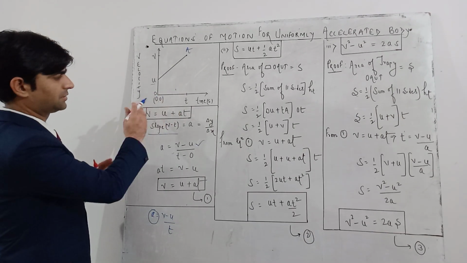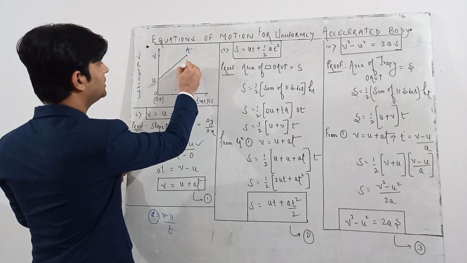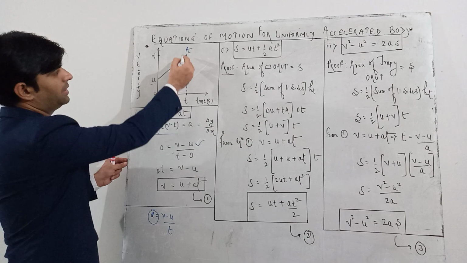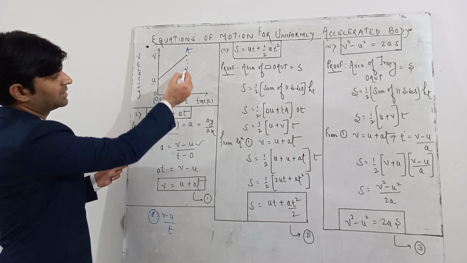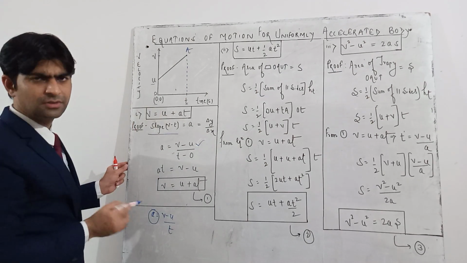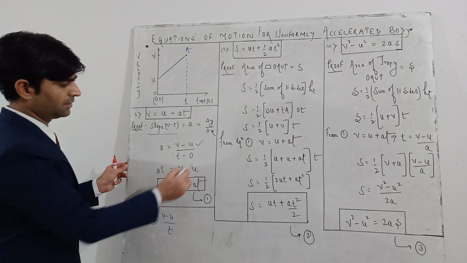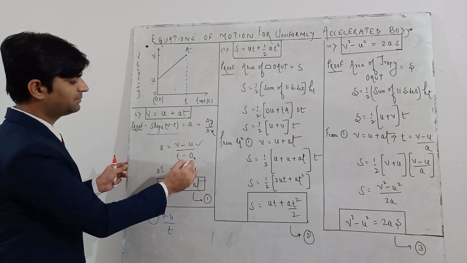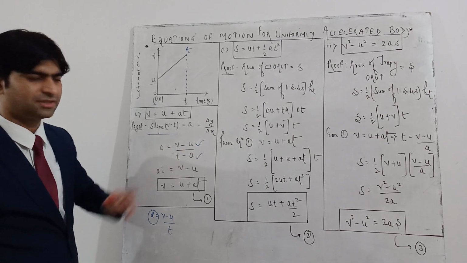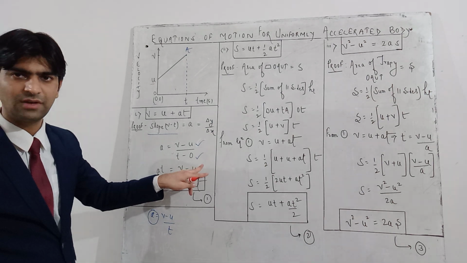Now if you see the time axis, this is the ending point. If you join this line, it is like this. Point A is at T, corresponding to point A I have taken time T, and here it is written 0, that is the origin. So the change in x-axis is T minus 0. Change in y-axis is V minus U. So change in y-axis upon change in x-axis is the basic formula for slope.